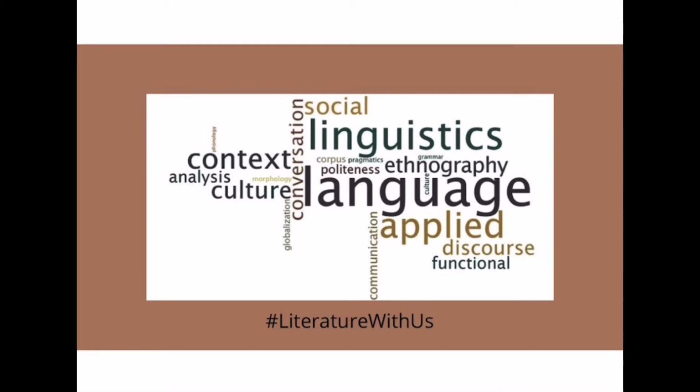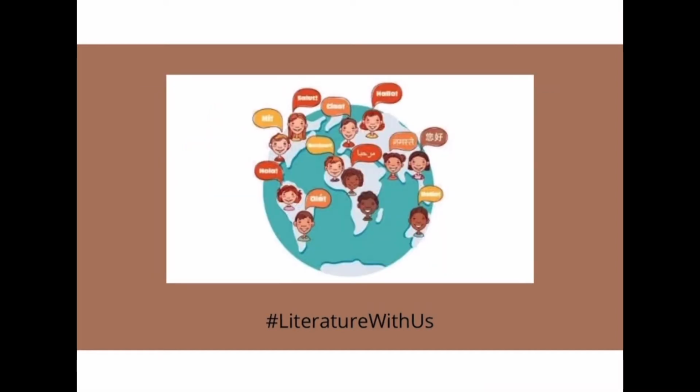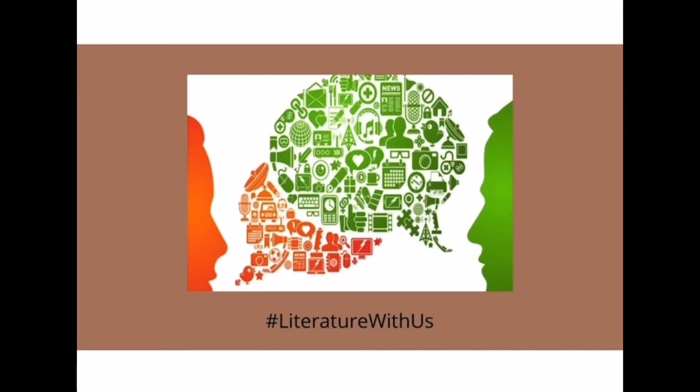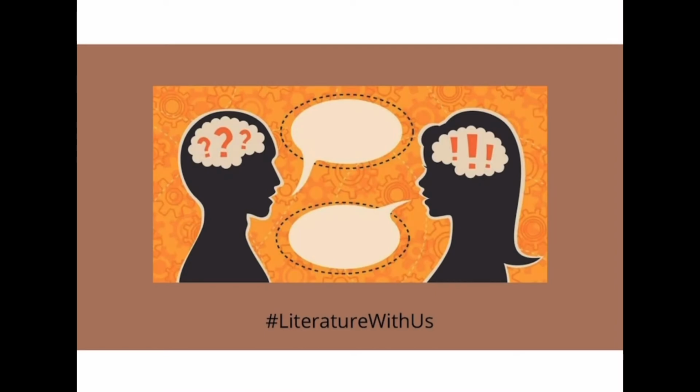Now, first of all, let us consider the different ways in which language is defined. The first very important definition is given by Fromkin and Rodman in the year 1974. Language is that system by which sounds and meanings are related. So Fromkin and Rodman are giving importance to sounds and the connection of sounds with the meanings in language.